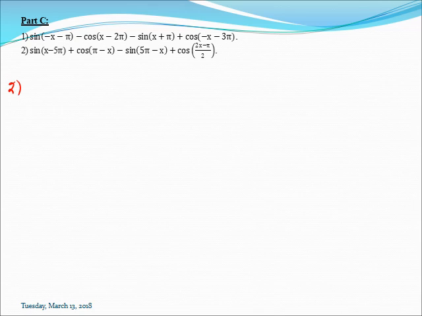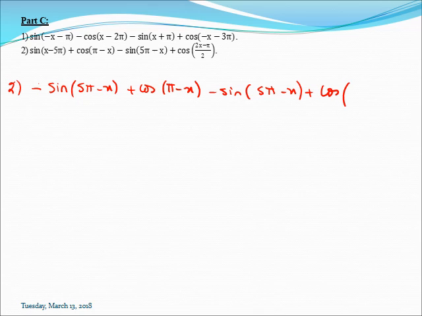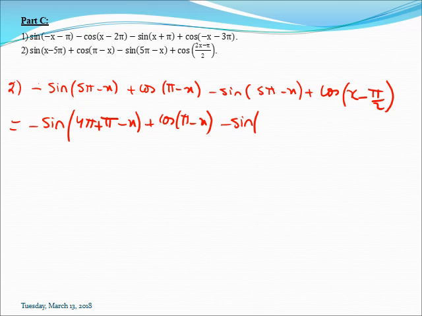2 sine x minus 5 pi, it is minus sine 5 pi minus x, cosine pi minus x minus sine 5 pi minus x plus cosine 2 pi over 2 x. 2x over 2 is equal to x minus pi over 2, pi over 2, equal minus sine 4 pi plus cosine pi minus x minus sine 5 pi is 4 pi plus pi minus x, cosine pi minus pi over 2 is pi over 2 minus x equal